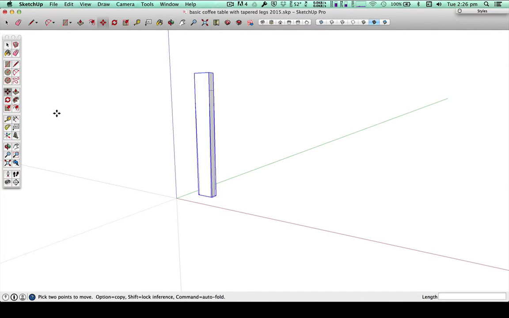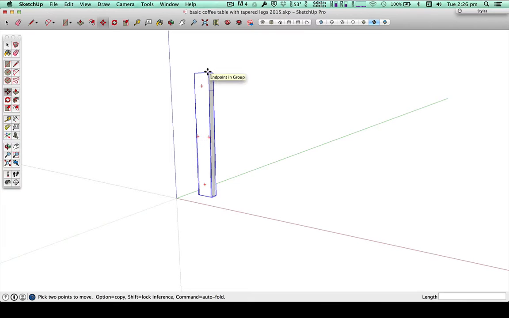So I will press that button, and notice there's a little plus sign again. See the plus sign on my Move tool cursor. That means it's going to make a copy. Now I don't just click anywhere, because if I click anywhere, it's not going to land where I want it. You've got to think with SketchUp. If you roll over certain parts, it will grab to that part, and that's important so that we don't waste our time